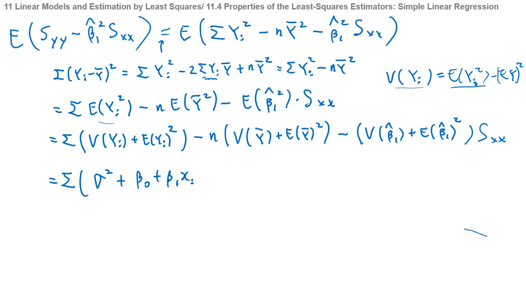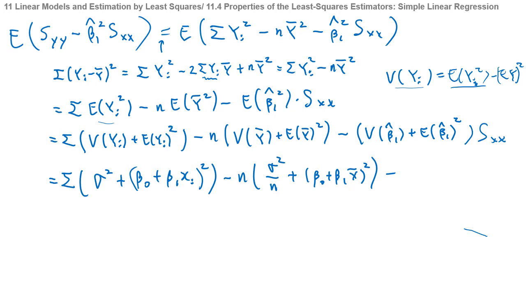So this one squared, minus n times the variance of y bar, which is sigma square over n, plus the expected value of y bar, which is beta 0 plus beta 1 x bar, squared, and minus